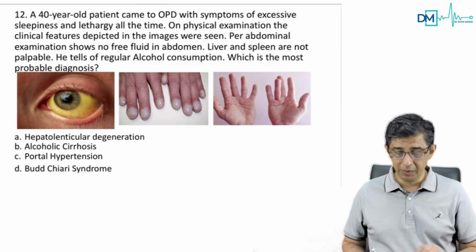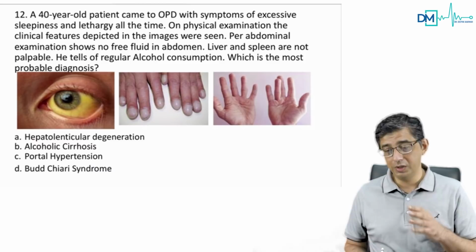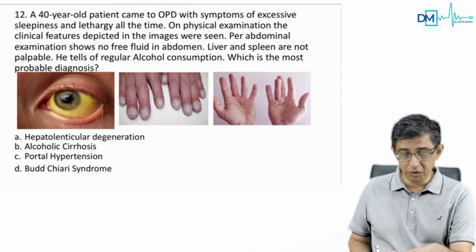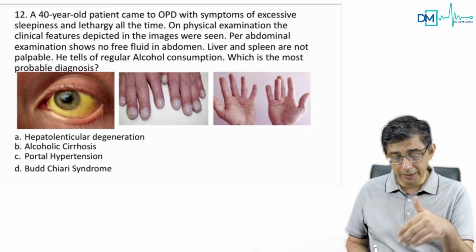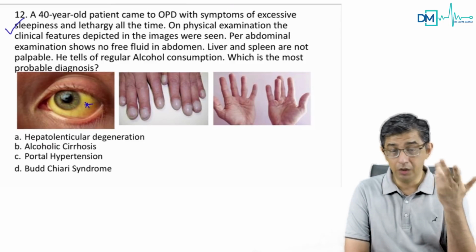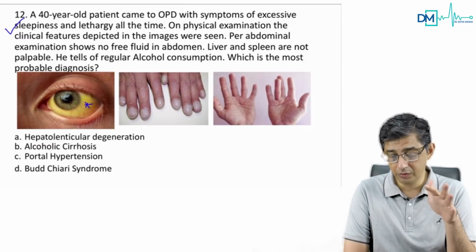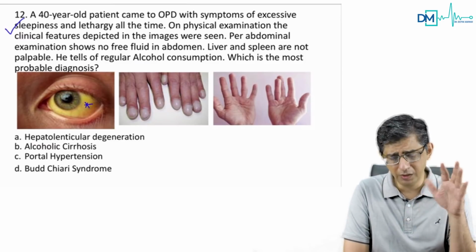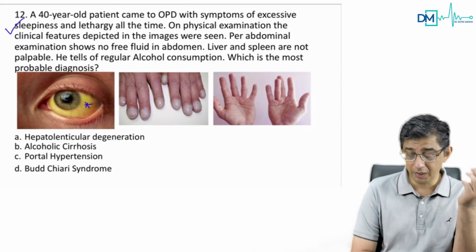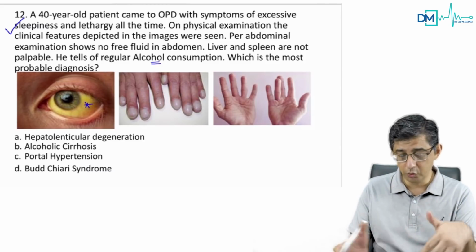A 40-year-old man has come with excessive sleepiness and lethargy, so there is definitely something related to his sensorium. So is it a CNS question? Unlikely, because he is showing jaundice. The moment I correlate a person having jaundice and sleepiness, he could be having hepatic encephalopathy. So the moment you read the first line of the question and cast a glance at the image, it gives you an idea something related to the liver is there. And at the same time, he mentioned alcohol consumption right at the end. So there you join the dots.